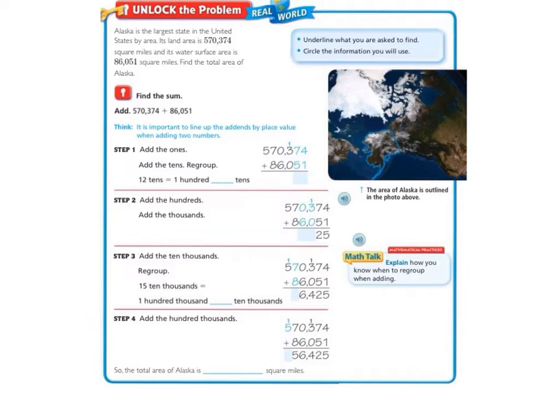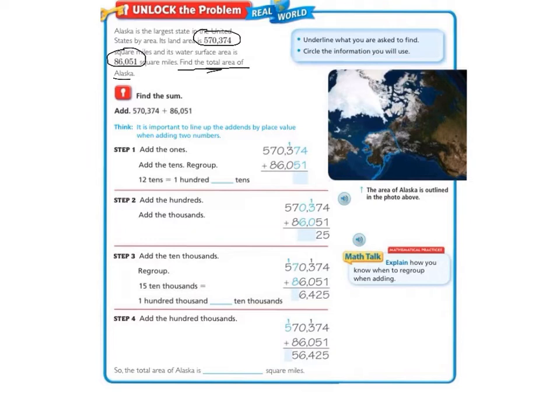Let's look at our blue box on the side. It says we're going to underline what we are asked to find. So the question, what we are looking for, is find the total area of Alaska. It also says circle the information we're going to use. Well, we want our first number, how big the land is, and we want our second number, how big the water is. And in order to find the total, we're going to add them together. So we're going to add 570,374 plus